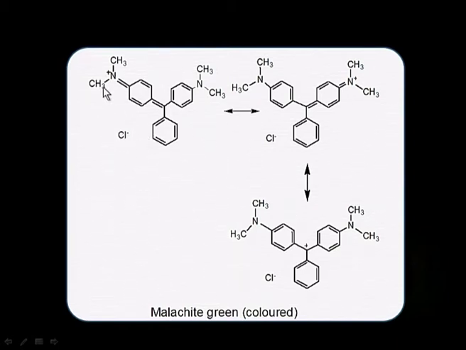This is the cation formed because of the protonation at this position. Another resonance stabilized form is this, where the positive charge on nitrogen is present here, and in the third structure you can see the positive charge is present on carbon. So, this cationic form of malachite green shows color because of extended delocalization, or you can see that this para-quinoid structure here and here are possible in these two structures, and that is why the cationic form has color, whereas neutral malachite green molecule does not show any color.